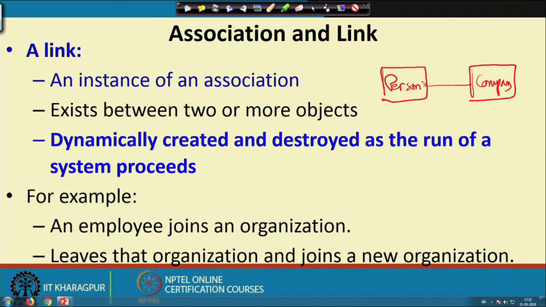A person works for a company, works for, and write the reading direction, and a company has many employees, write the star here. But when we look at the object diagram, let us say an object, let us say Ramesh,